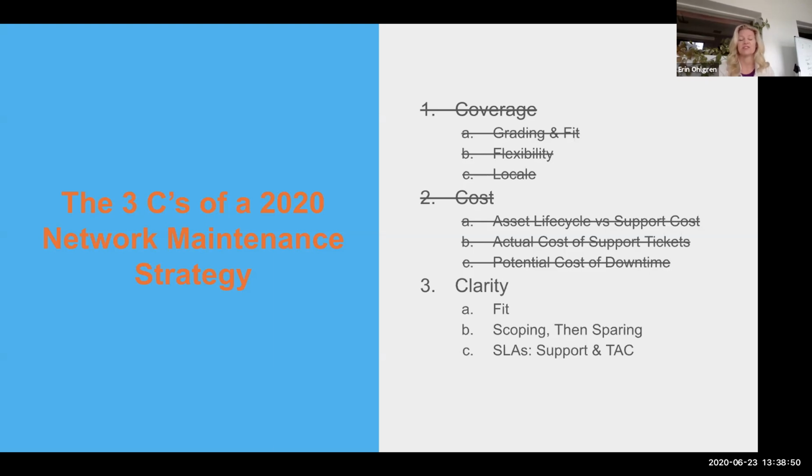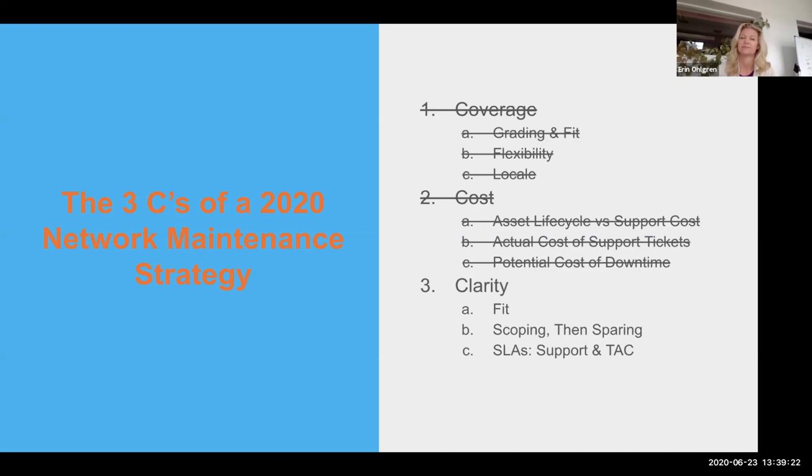Also, what happens is you can push off refresh cycles. Where the OEM is going to force your hand in upgrading out of a product, you can delay that capital expenditure by continuing to support that legacy infrastructure through One Call indefinitely, right? So again, taking control of those refresh cycles, not having them be dictated by the manufacturer, and really looking at where and how you're using those devices and trying to eke out as much life as you can out of those assets.